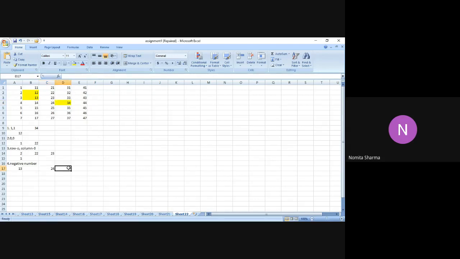Similarly, if I do it one more time, this is nothing new, it is only the opposite of what we were doing earlier. In the earlier case, we were going to the right side or going down in the row. But when you give a negative number, it allows you to go upwards and to the left side of the column. But you must ensure that whatever reference cell you have given has columns on the left and right. Accordingly, you should give the row and column number there, right? So that was it. Now let's see what happens if we use a combination of this.